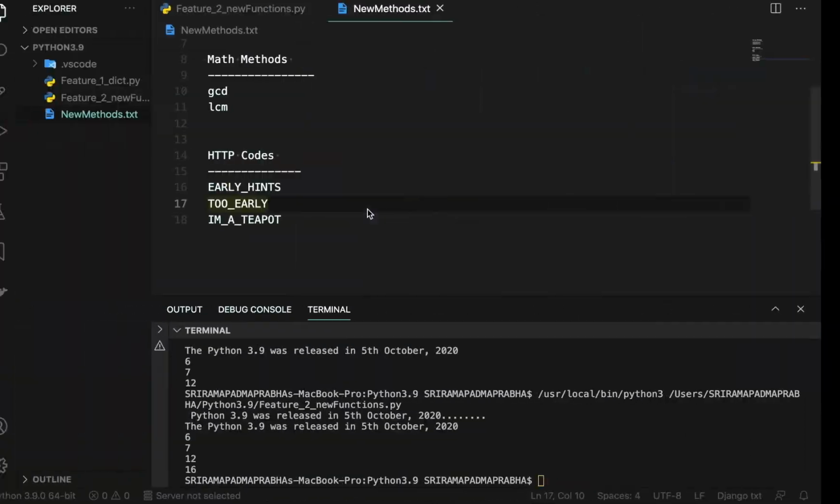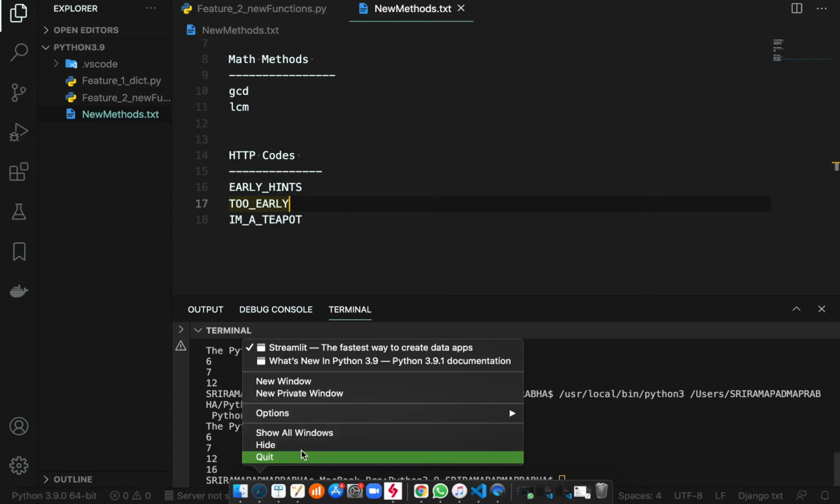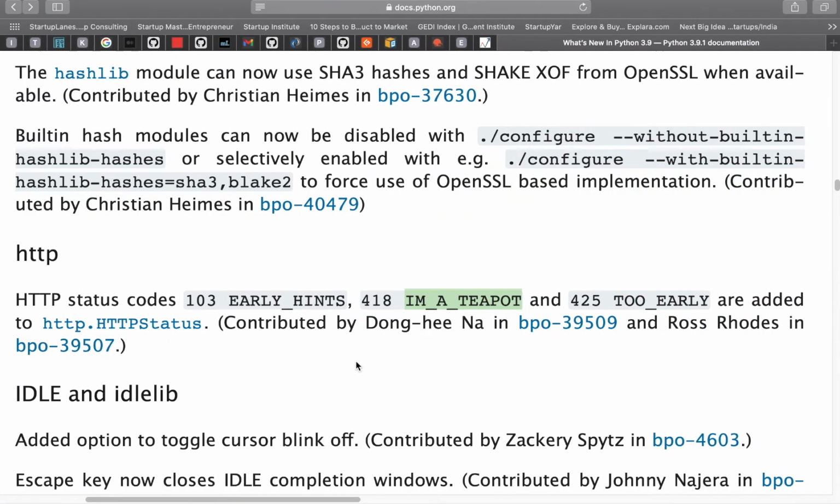Similarly, I'm going to show you some important things on my screen. You can see there is HTTP status code 103 for early hints, 418 is I am a teapot, and 425 is too early. These are the newly added HTTP statuses.